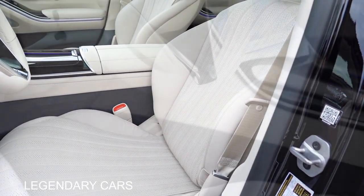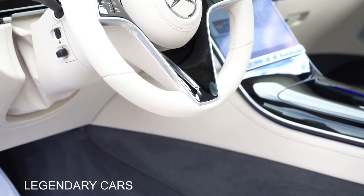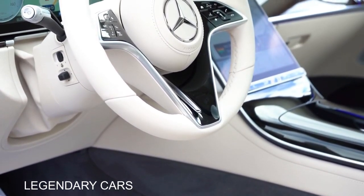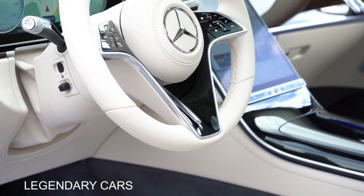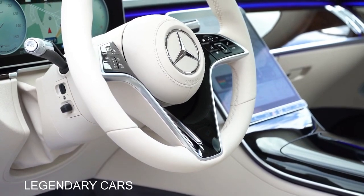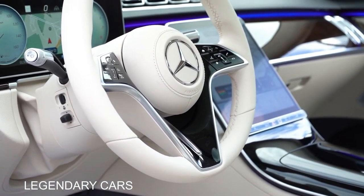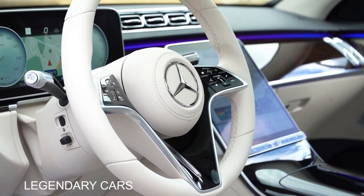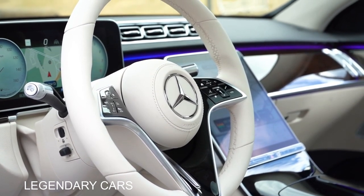But anyways, let's take a look at the steering wheel here. Of course, it is tilt and telescoping. It is power adjustable. It is leather wrapped, and I love that it is wrapped in white in our particular spec today, because it is a very rare case that you will see a white steering wheel. A lot of times, most of the time, even if you have a white interior, you're going to find a black steering wheel. So love the look of it, and it is heated with the warmth and comfort package that